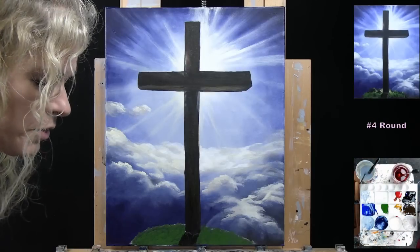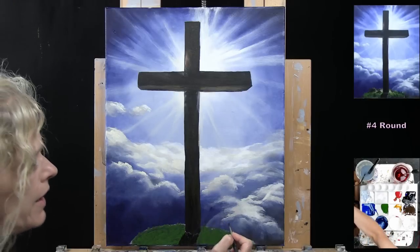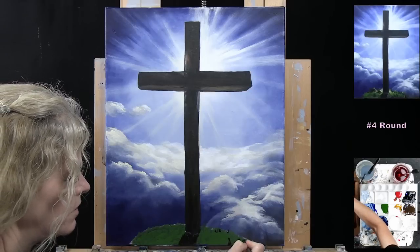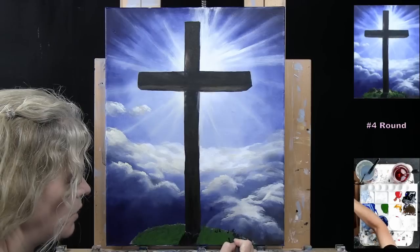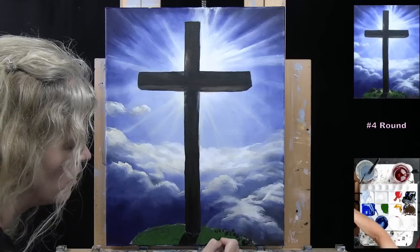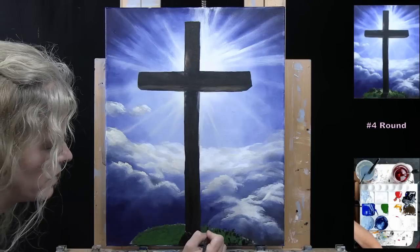The light source is very powerful, so if I want it to look like there are some longer pieces of grass, I can pick up a little bit of water on my brush with a touch of black, or black and green, and pull up some longer pieces of grass, maybe down towards the bottom of the hill. I'm just being very carefree and messy with this. I will add some lighter tones for little bits of highlights from the light source, but I wanted a couple of pieces of silhouetted grass,